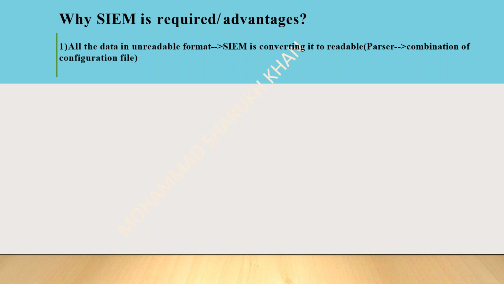What I mean by unreadable is, if you talk about a Juniper firewall, what these devices are doing, again, I'm explaining in layman terms. Be it a Juniper firewall, traffic is passing through it. Be it a router, traffic is passing through the router. Whatever activity is happening, all these devices are writing it in a log file and storing it with themselves. Be it an endpoint, any kind of antivirus, router, switch, web server, whatever activity is happening on them, they are writing a log file. And through SIEM, I'm capturing that log file and storing it in a centralized location.